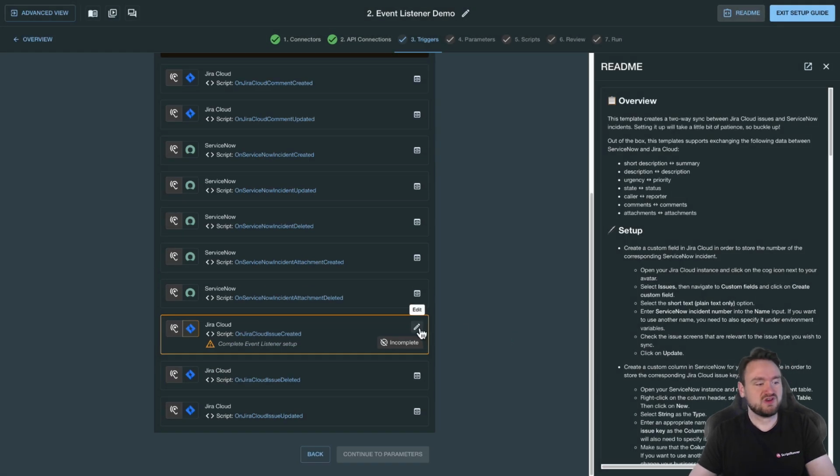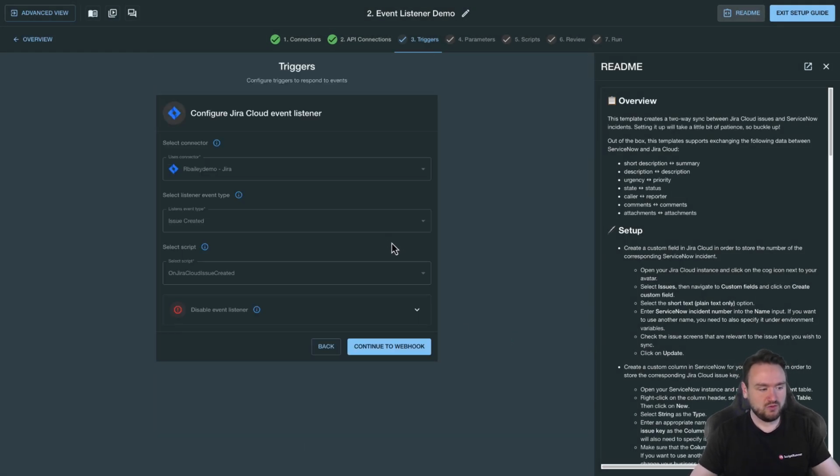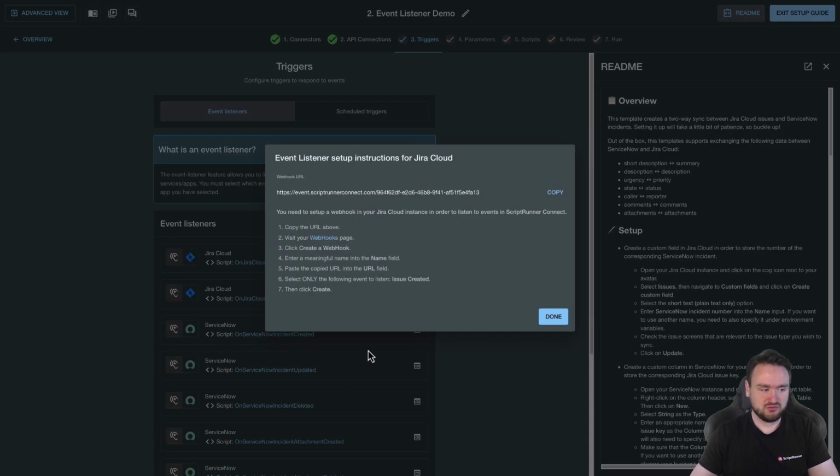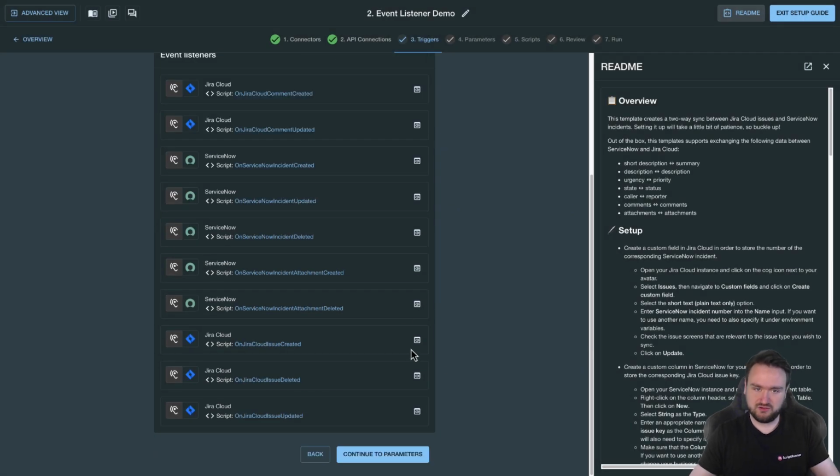And again, the same with Jira Cloud, just click edit. We have all of the options that we're going to be creating for here. Continue to the webhook, do the creation process as defined here, click done, and you have now created all of your webhooks. With event listeners and schedule triggers, as we'll see in a short while, you do have the option